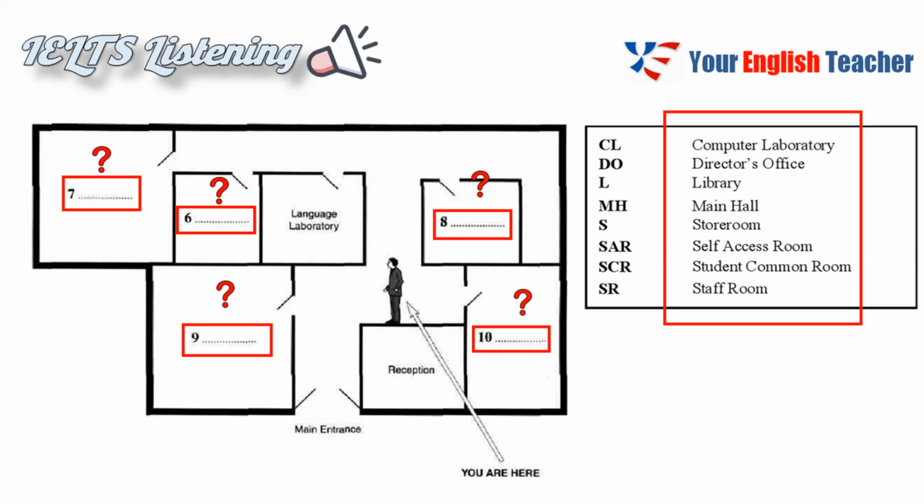She is clearly mentioning that you are at the reception area after entering from the main entrance. Look, you came in through the main entrance here, and now we're here at reception. She is guiding to walk straight in the corridor and turn left, then go past the language laboratory and then go past the library. It means the answer for 6th question is library. And next to the library is main hall. This is the answer of 7th question.